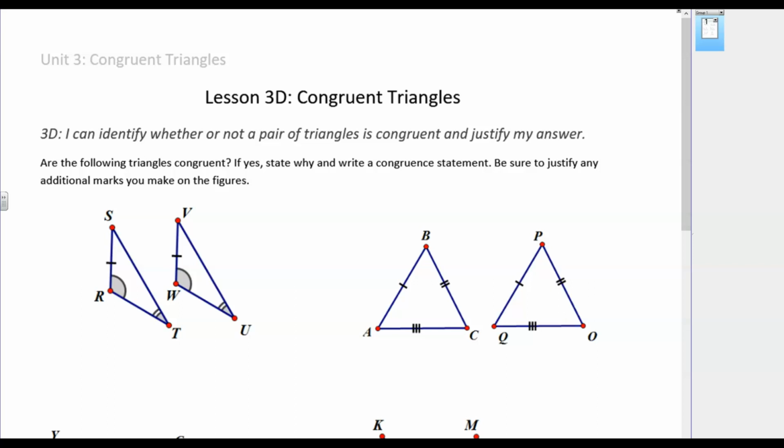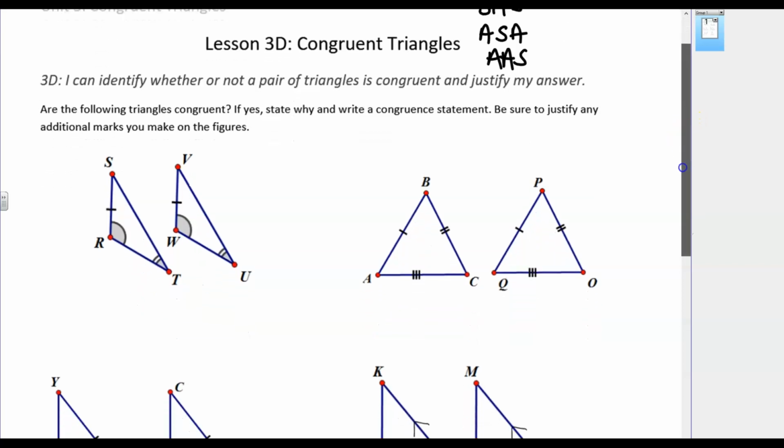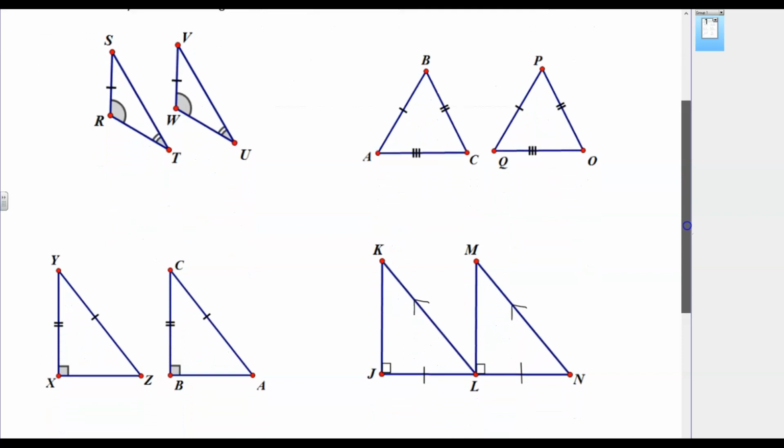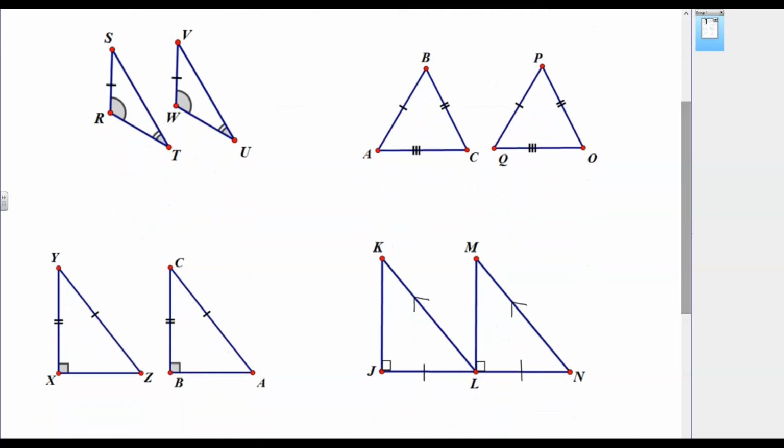We have the SSS, side side side method, SAS, side angle side, ASA, angle side angle, AAS, angle angle side, and HL, hypotenuse leg. Those are the 5 ways that we can prove a triangle congruent. So let's take a look at these triangles and figure out if they're congruent, and if they are, why they're